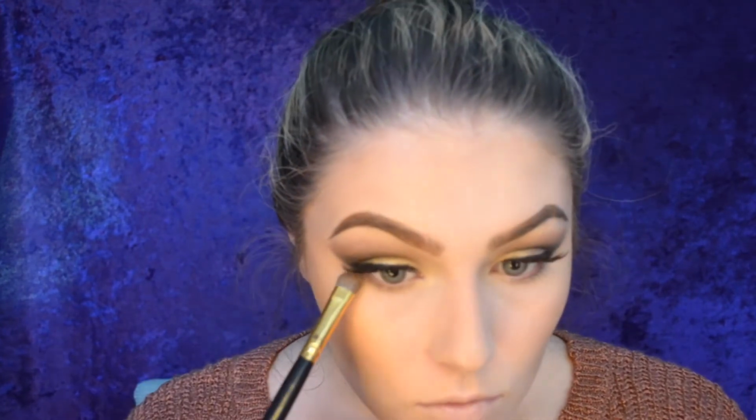So now I'm going in with blush, and this is by ColorMates again, the $1 blush that I've been using to death, and it's in Tawny Peach, and I applied that, and yet again, my camera overheated. I'm starting to think it's because of the light that I made, because it is around my camera, so you didn't get to see me put the blush on, but as normal, I just put it on the apples of